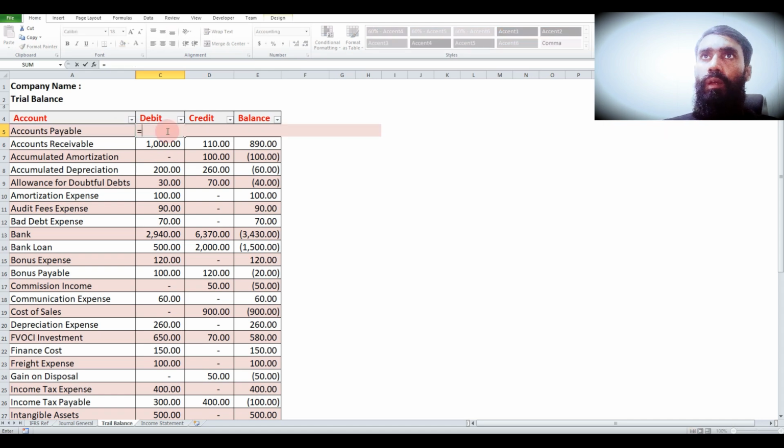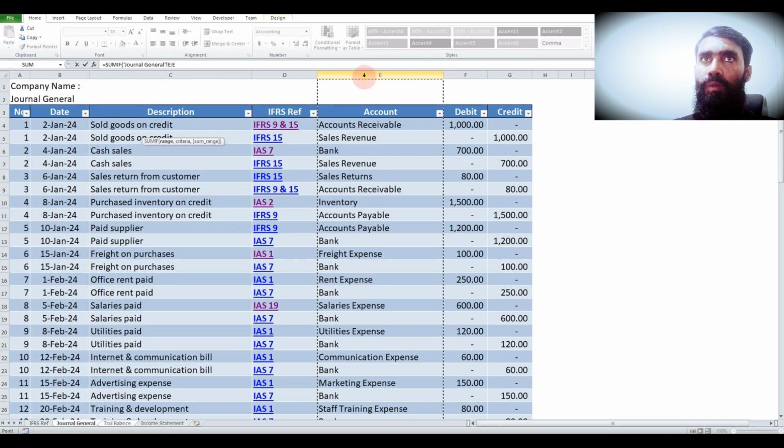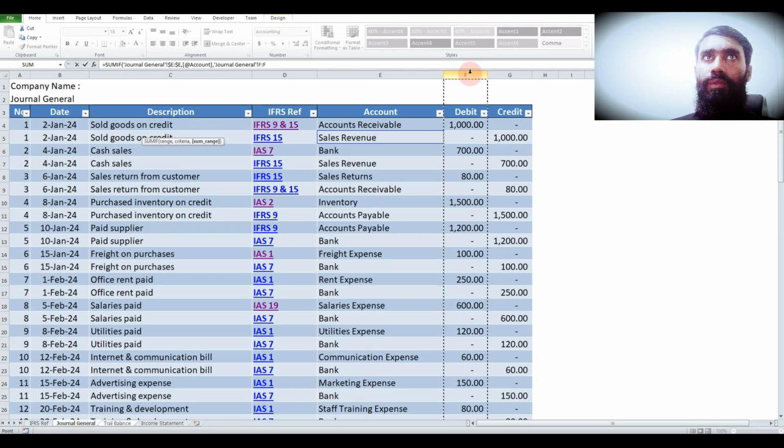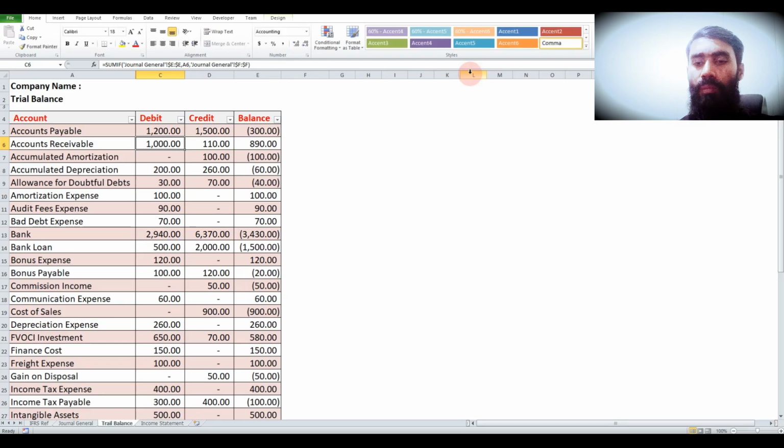Now equals SUMIF, journal this, F4 to freeze, comma, here this, comma, journal this, freeze, bracket close, enter. Now copy